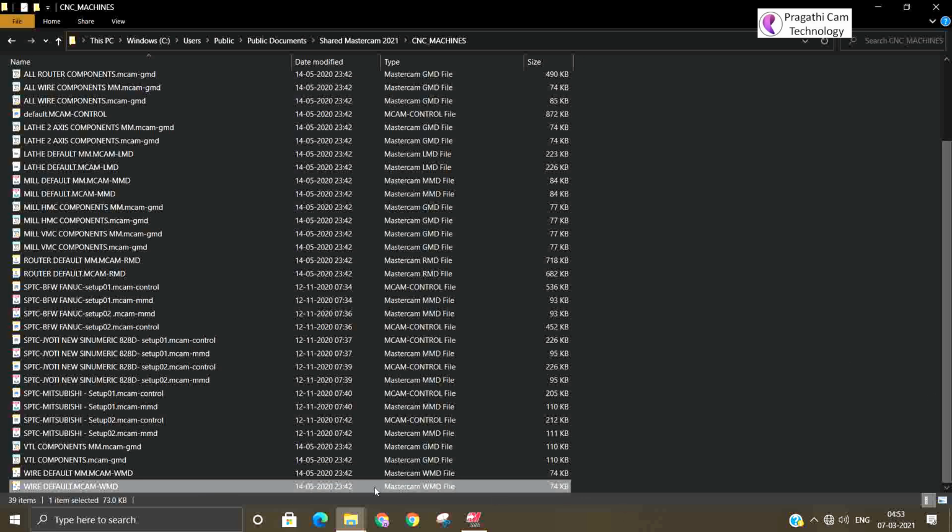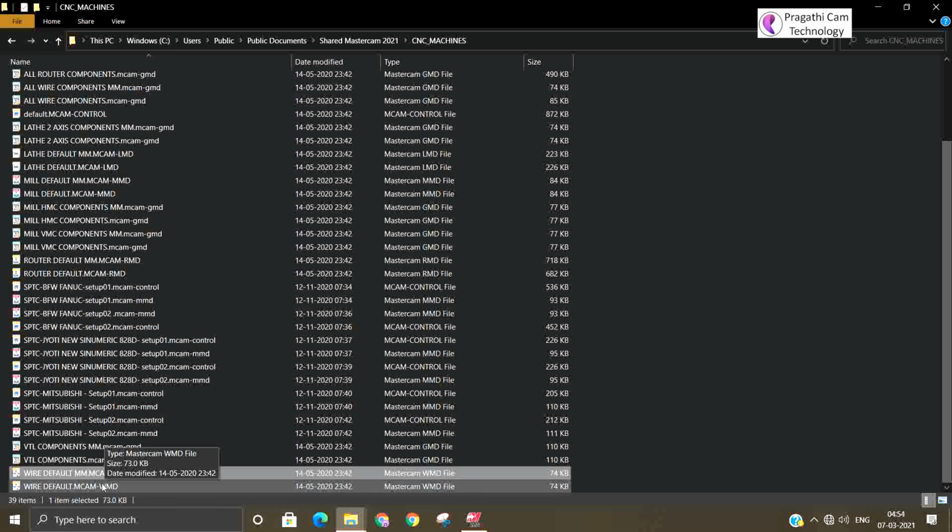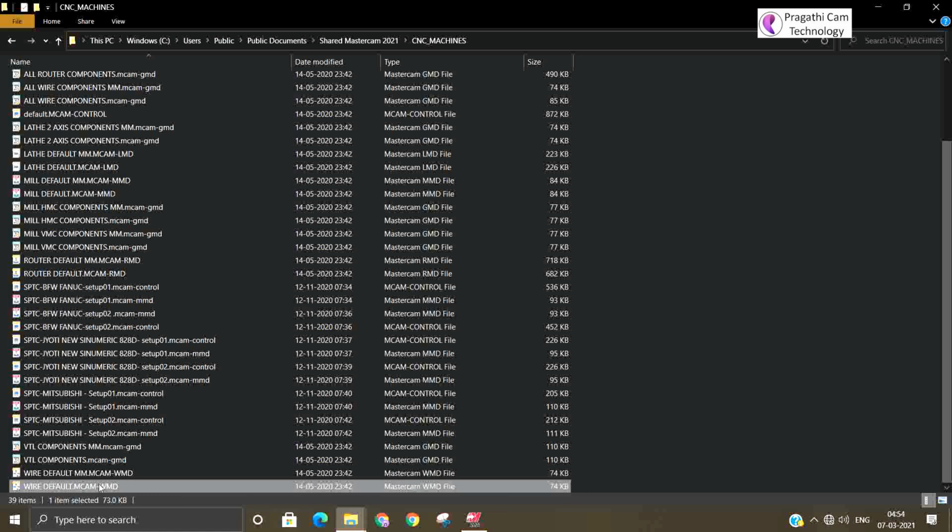So the default machine definition and the control definition file location is this. If you see what WMD means, this is the wire machine definition file. There is a control file also available here.